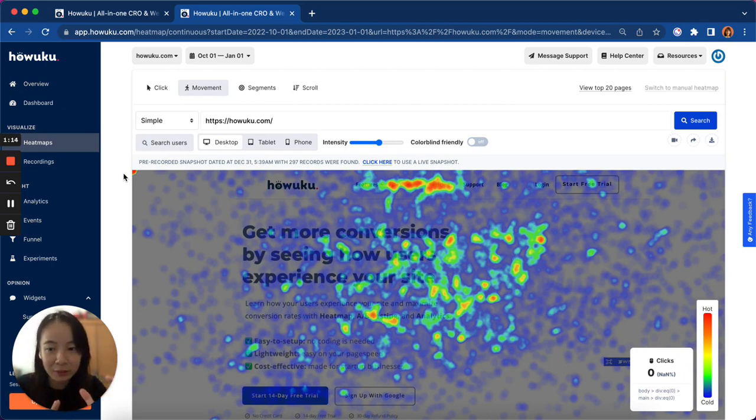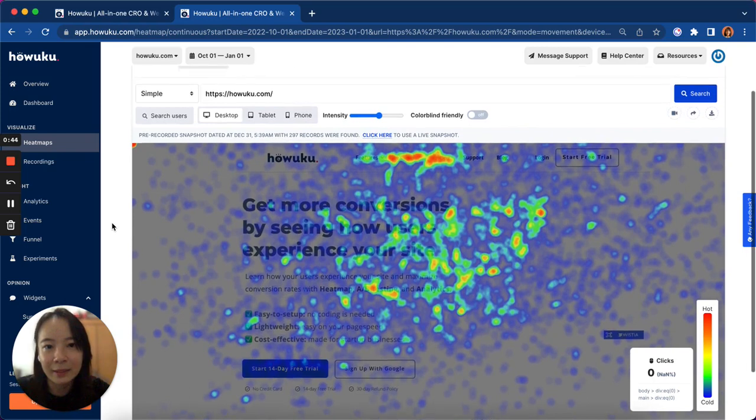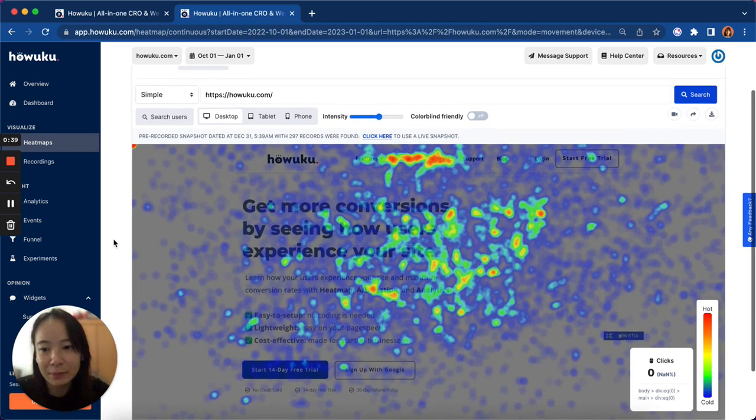So if they do capture attention, but visitors did not interact with it, did not click on it, that is how you can move one step forward to your conclusion. So you can exclude the assumptions that, okay, maybe the design is not obvious enough, something like that, right? Okay, so that is how you can use movement heat maps to make hypotheses and to optimize your